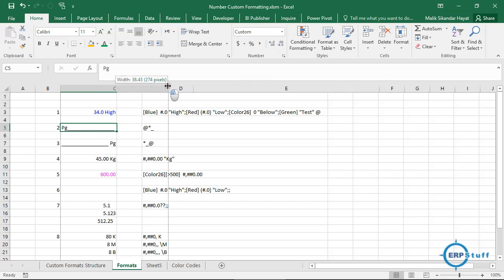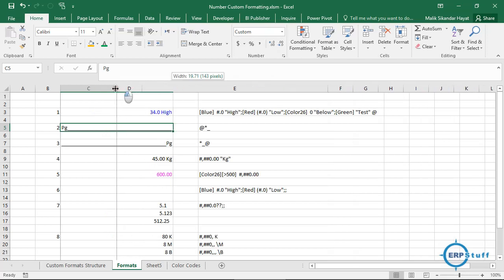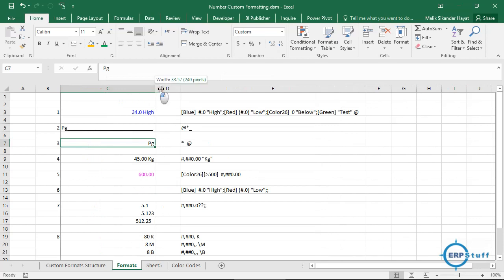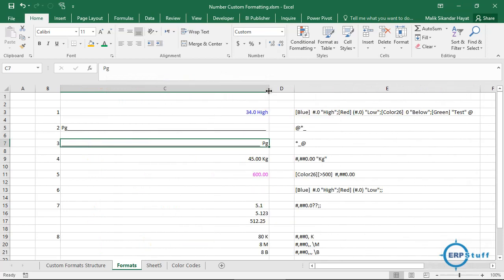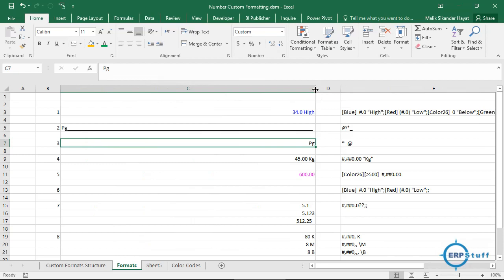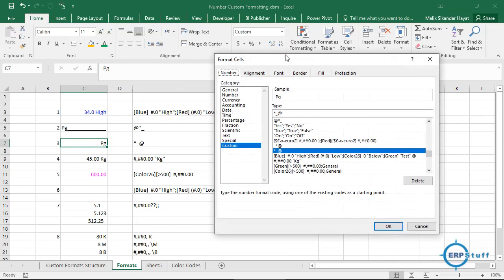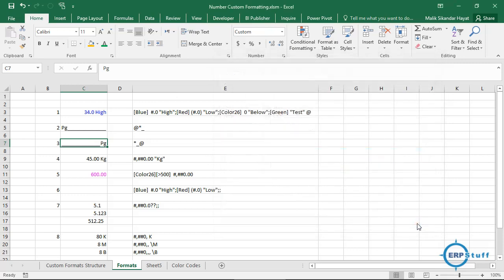So if I increase the column width, just see. So this line, let me put the cursor somewhere here, so you can see it over here. So see here, up to the column width, it will be replicated, right? This is before text. So you can put it before text. I can show you here, just quick one. See here, I just enter asterisk, underscore and text. This is the sign for enter text, whatever you will enter.